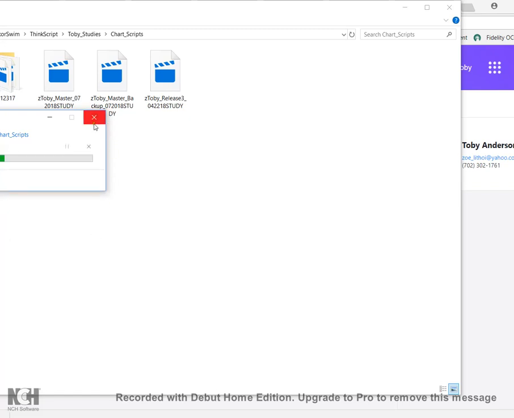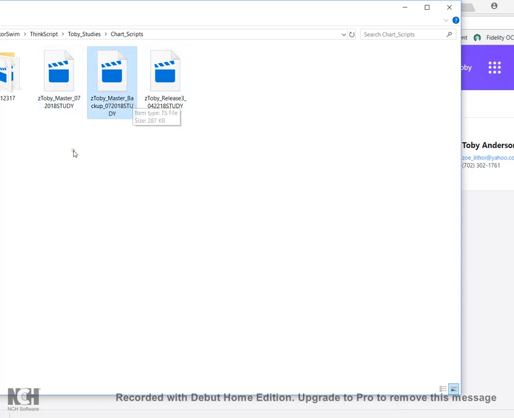Anyway, so this is where I've already got it. I've got it in here. So this is the program right there that I just sent on the email. So now that we got it in a folder on my computer, I got to put it into the Thinkorswim program. So the Thinkorswim program